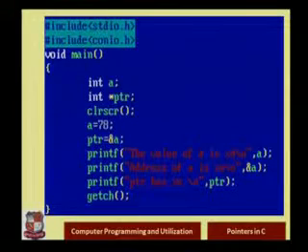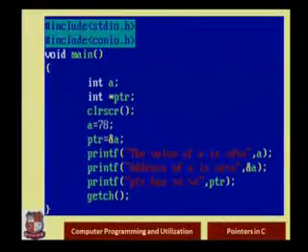So the value of A is 78. Now I want to see the address of A. There are two options. Either I use PTR, because PTR has the address of A, or I use ampersand A directly. So we can display the memory address of variable A by writing "Address of A is", that is my message that I want to print, %u, where u is unsigned integer, then ampersand A. Ampersand means address of operator, right?